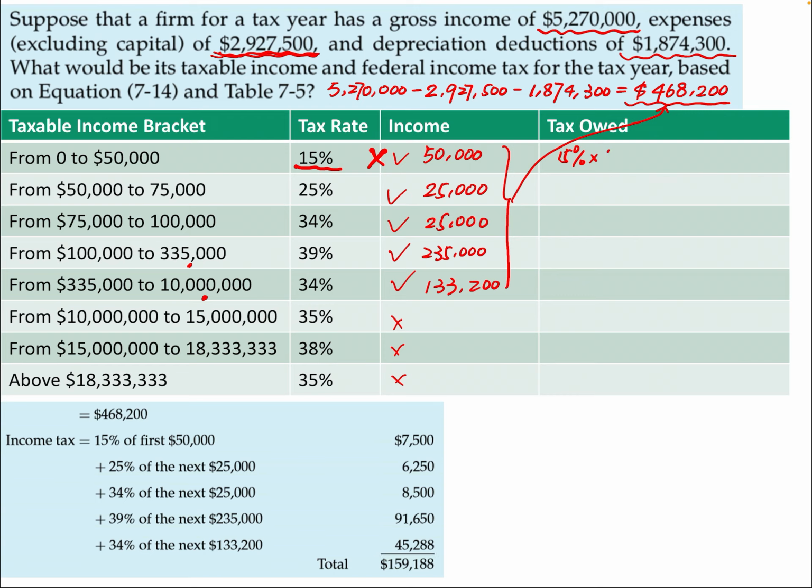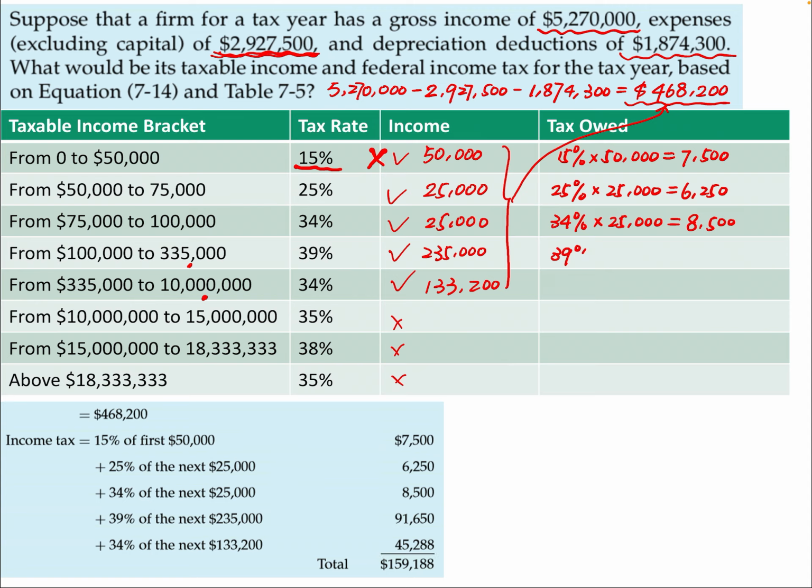So it's going to be 15% times 50,000, which is 7,500. Okay, and then the second bracket, 25% times 25,000, which is 6,250. And the third bracket is to use the 34% times 25,000, which is